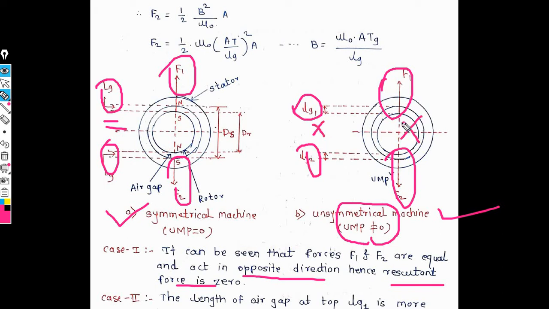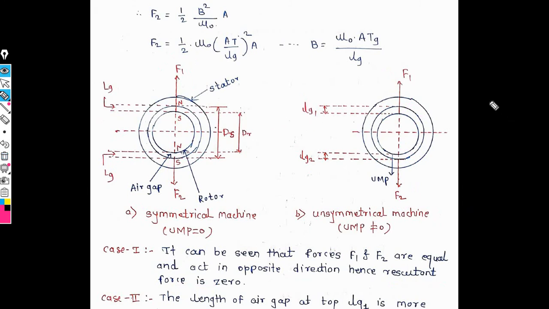the rotor moves normally outside the stator, that means it merely moves due to vibrations. Because the forces are not equal, the length of air gap LG1 is not equal to LG2 in the unsymmetrical magnetic pull condition. For example, this is LG1 and this is LG2. Both are equal in the symmetrical pull condition, that is LG1 is equal to